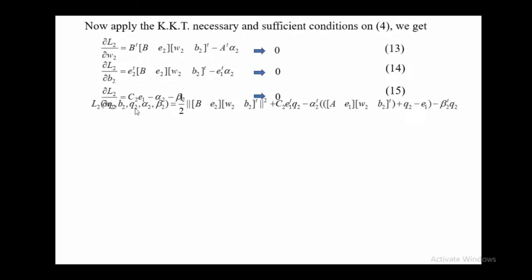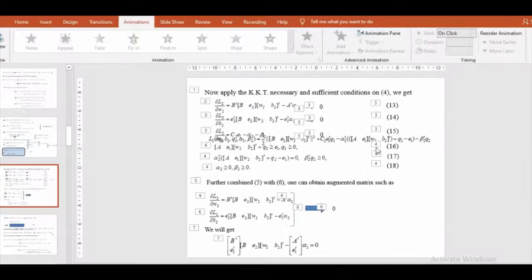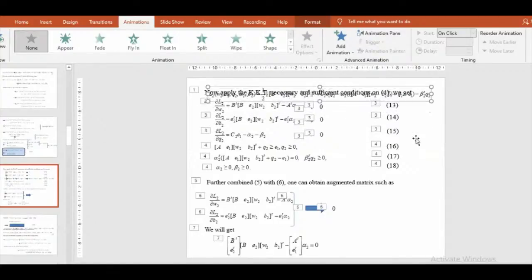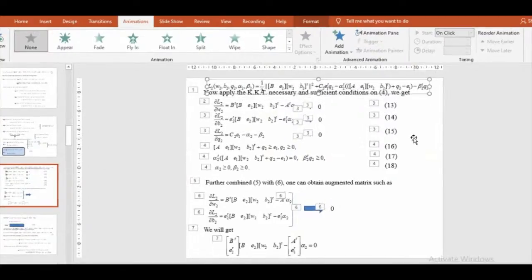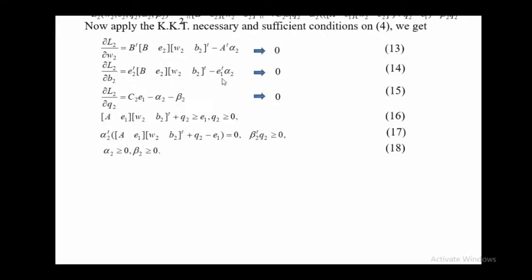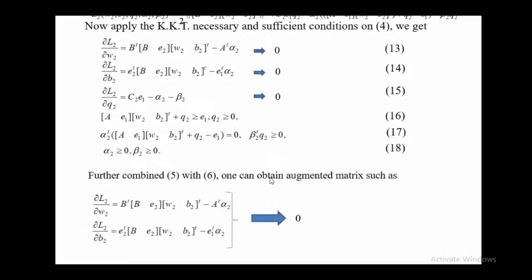So you will get the same kind of things, in the same manner you can do whatever you have done for the L1 case. You can compute whatever I have told you previously for the previous Lagrangian function. Now again we can combine these two equations into a single term for simplicity. So here we can write P transpose E2 transpose, you can write it as is, and this minus A transpose E1 transpose alpha 2.